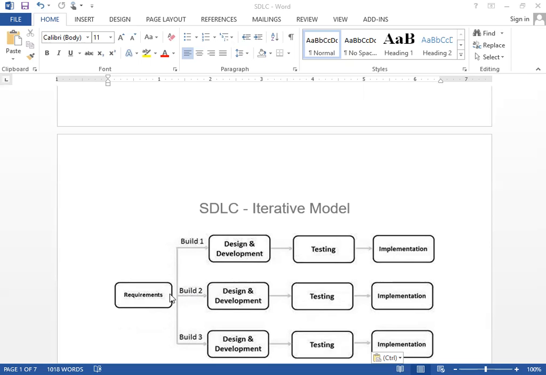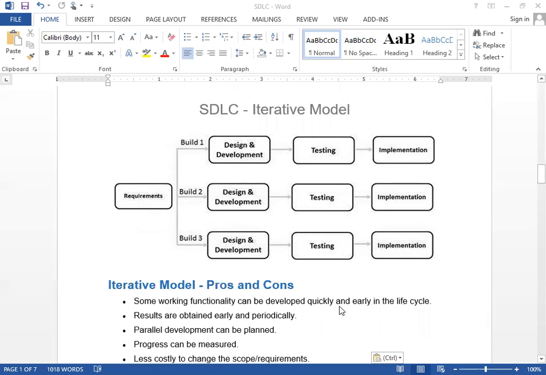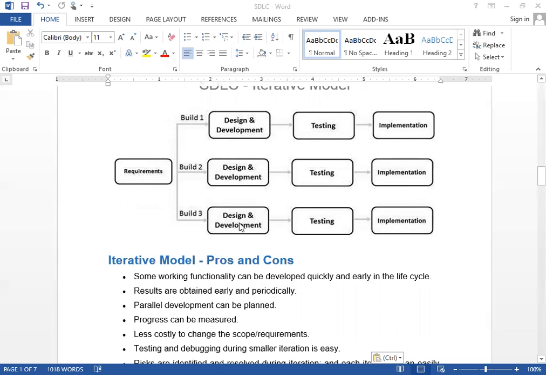After that, the organization gets new requirements, and they go to the design and development team, then again testing and implementation. So the whole work is divided into a number of modules, and those modules go through all the phases simultaneously. First we get the requirements, and as per the priority of the requirements the system is designed into sub modules, and after that they are integrated into a single system.